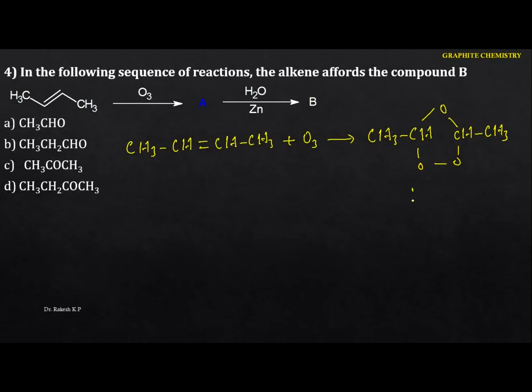See the next one here. This ozonide is followed by zinc and water. Whenever it is treated with zinc, it cleaves. Here we can identify the cleavage, and here also. Now identify what is remaining: CH3CHO. Again, the next one is CH3CHO. So we got acetaldehyde, 2 moles of acetaldehyde. Hence in this case the option is A. Okay, next one.